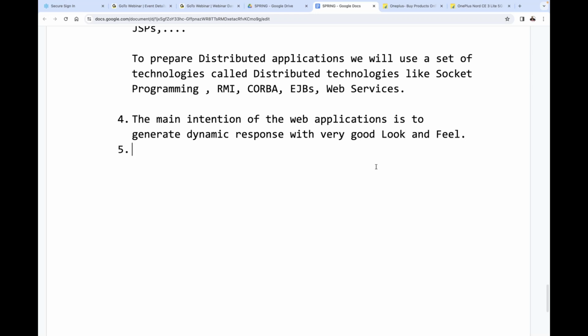The main intention of the web application is to generate a dynamic response with a very good look and feel, a very good presentation. With very good presentation, I want to generate some dynamic response. That's the main intention of web applications. But the main intention